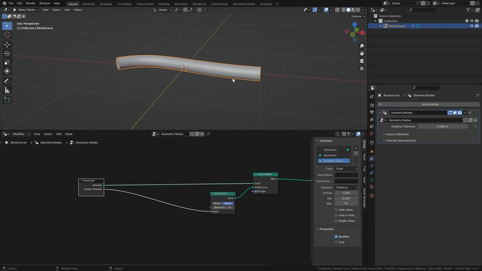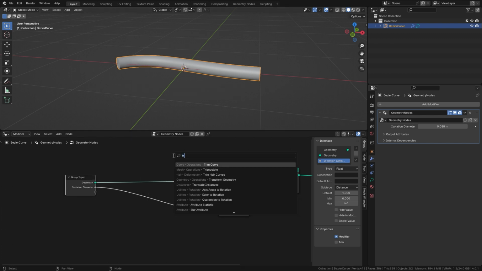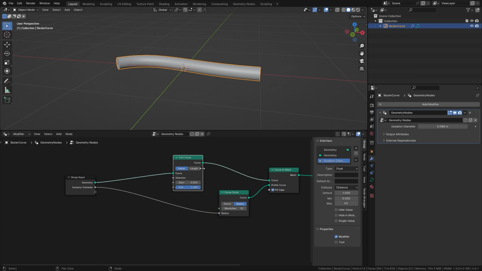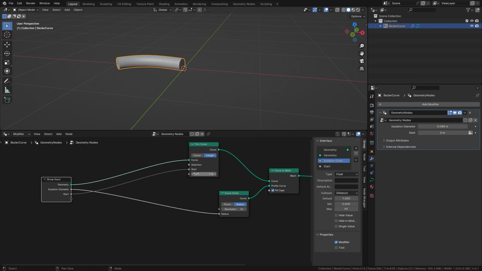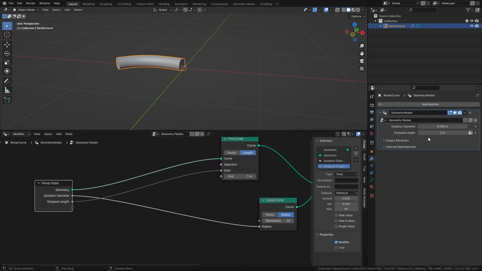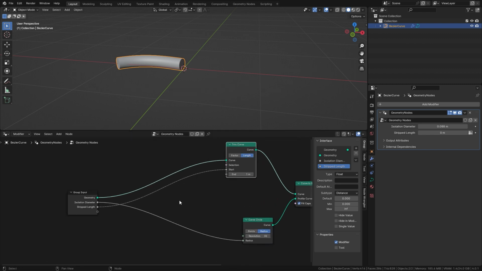In our modifiers tab, we can control this input now. And what I want to do is remove the isolation. I want to strip the wire, and that I can do with a trim curve node. I'll set it to length and get a new input to this start socket and rename it to stripped length. With this input I can control how much isolation is removed, and I want it to be the same on both sides, so I need to